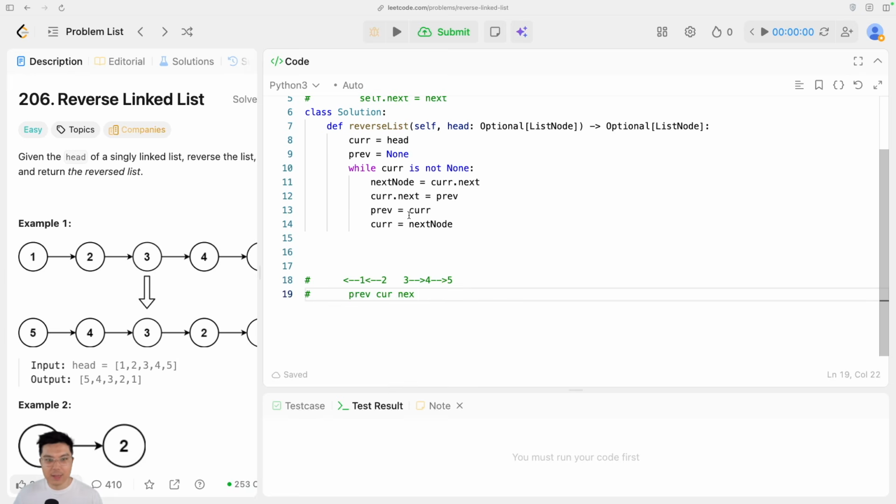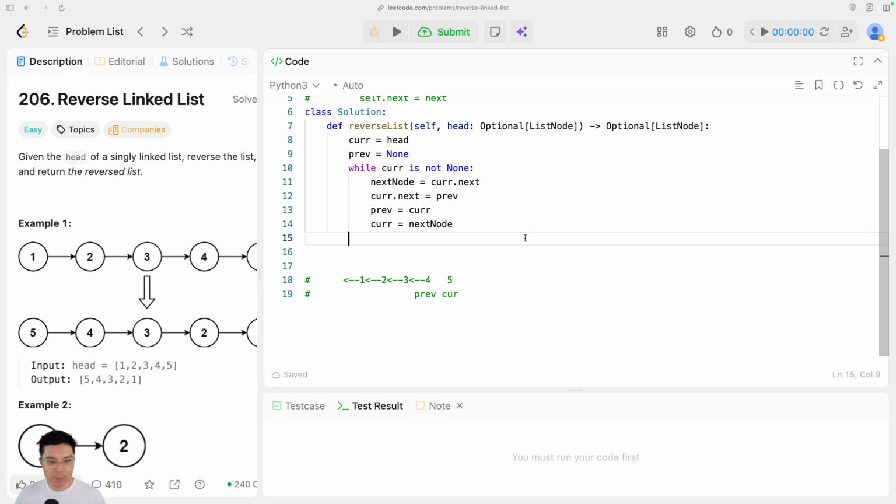And again, I reassign my pointers. I set previous equal to cur and current equal to next node. And that has the effect of shifting both of these pointers to the right again. And you can kind of see how this process is going to continue for the rest of our algorithm. So I'll kind of speed things up here. So here I fast forward a little bit, getting to the really key part of the algorithm right before we